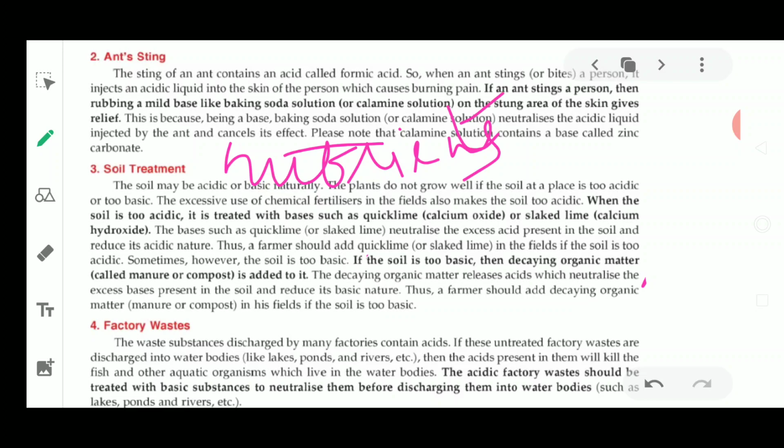So if more acid is present, you know that if acid falls on any object, it is going to corrode away. Similarly, when much more acid is present in the solution in the soil, it is going to harm the soil. So this soil is going to be harmful. This is going to show the harmful effects because the acid is present in the soil.